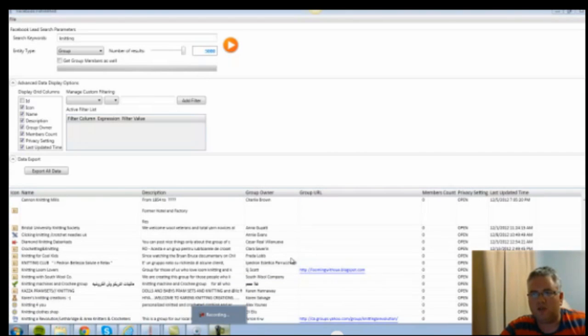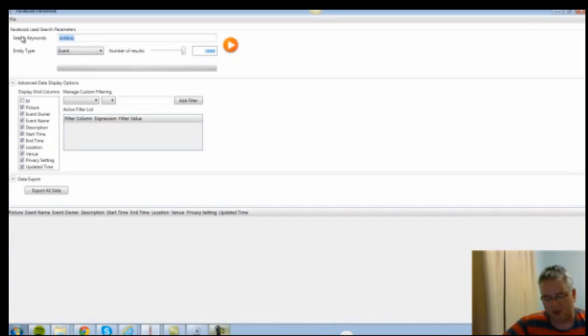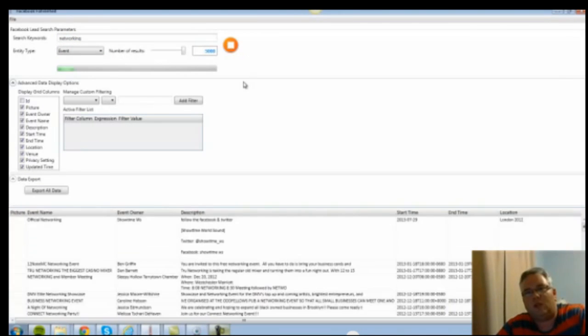Again, we can sort on all these different options. So the groups are all here with whatever particular niche you want. Again, I'm still staying with knitting, but you can go really in depth. If we look at, let's say, events, what's a great event? Let's say networking. If I bring up networking, I can see all the events now. It's not going to show you the old ones because you don't want to deal with events that are in the past, but I can see the events that are in the future